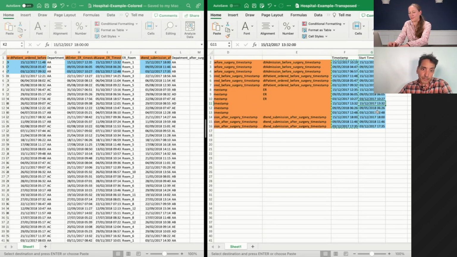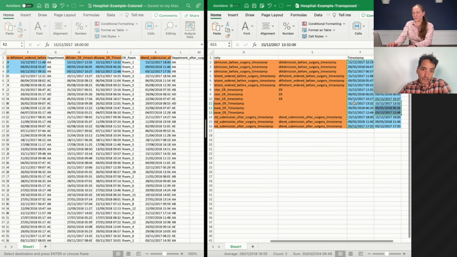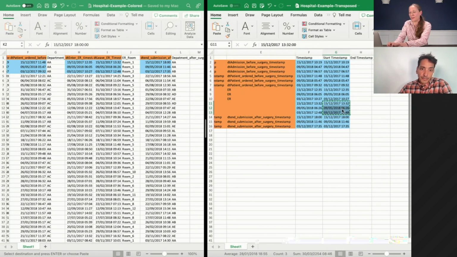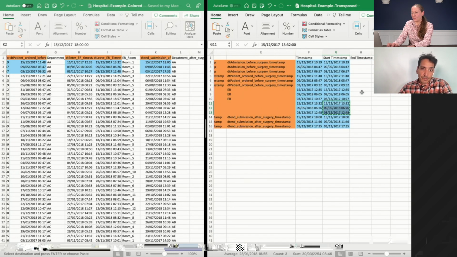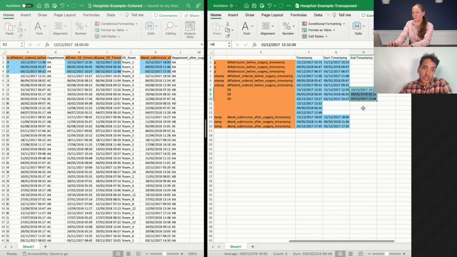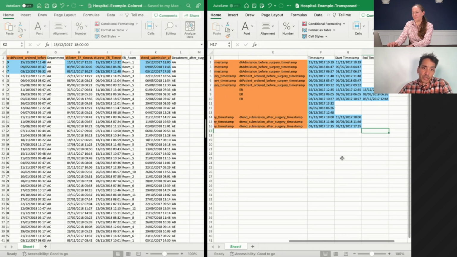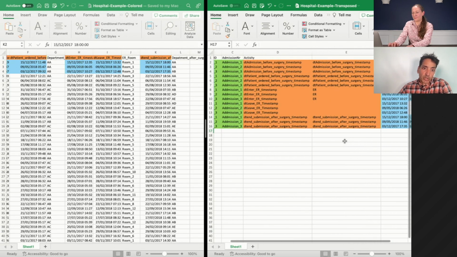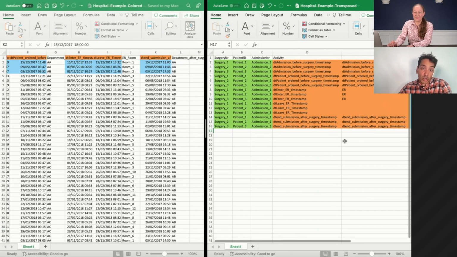These are the three that belong to the leave timestamp activity, or the leave timestamp event. These are the timestamps that we are cutting now into the end timestamp for the ER activity. So we have the original data, which is the timestamp, but now you have these empty timestamps, which are important for the start and the end timestamp for the leave ER, because the leave ER is now part of